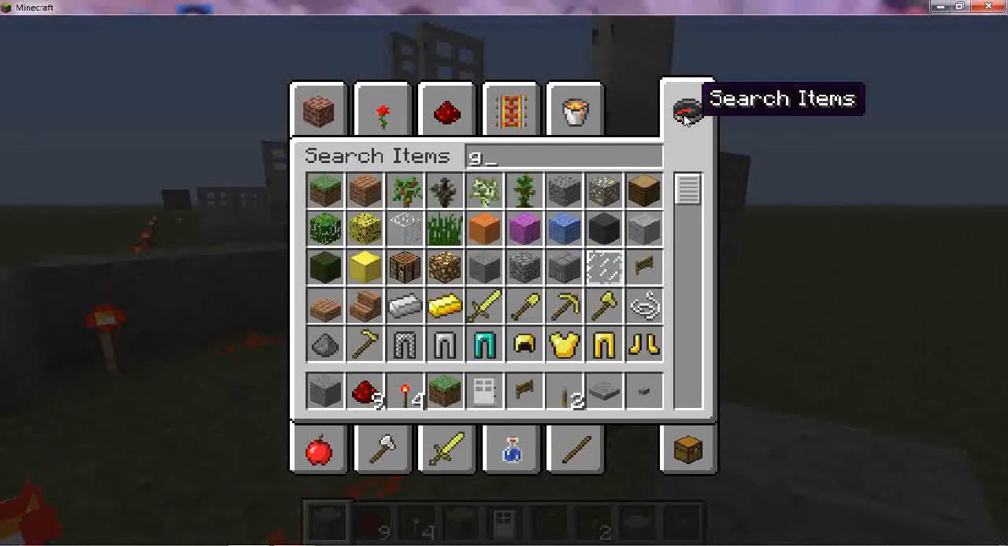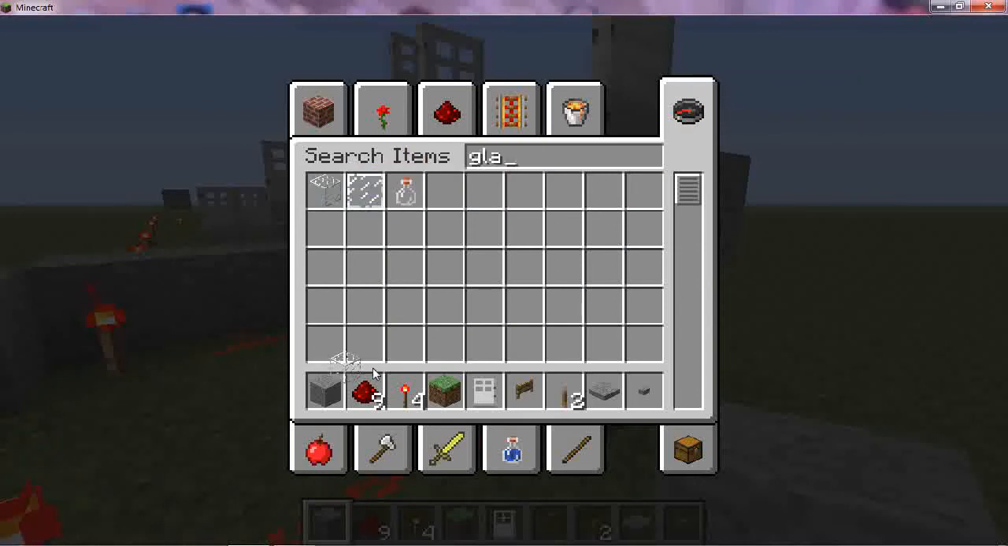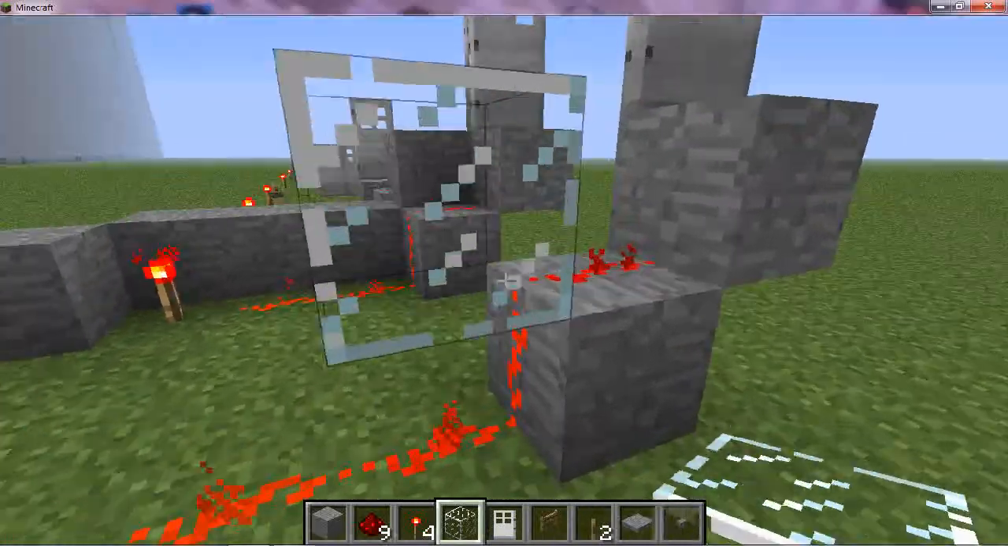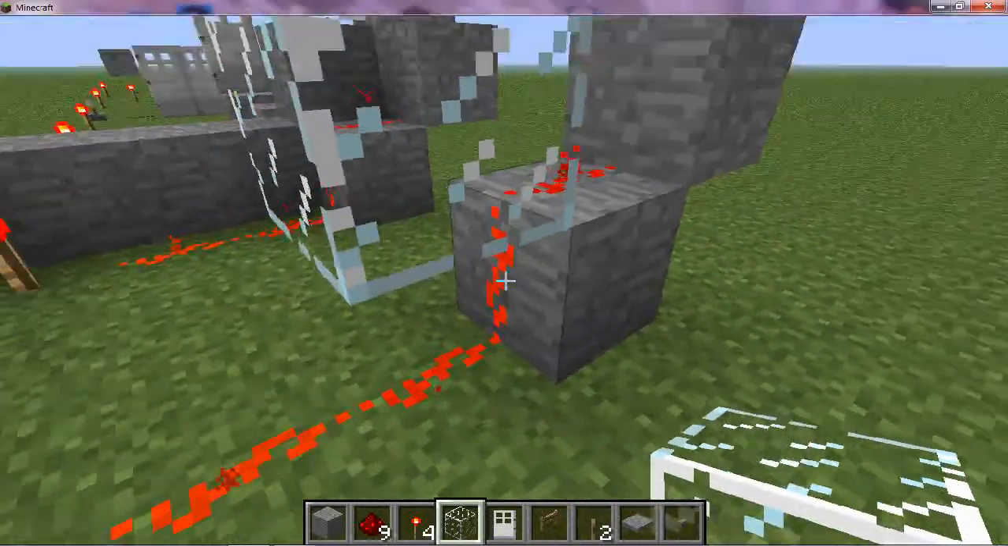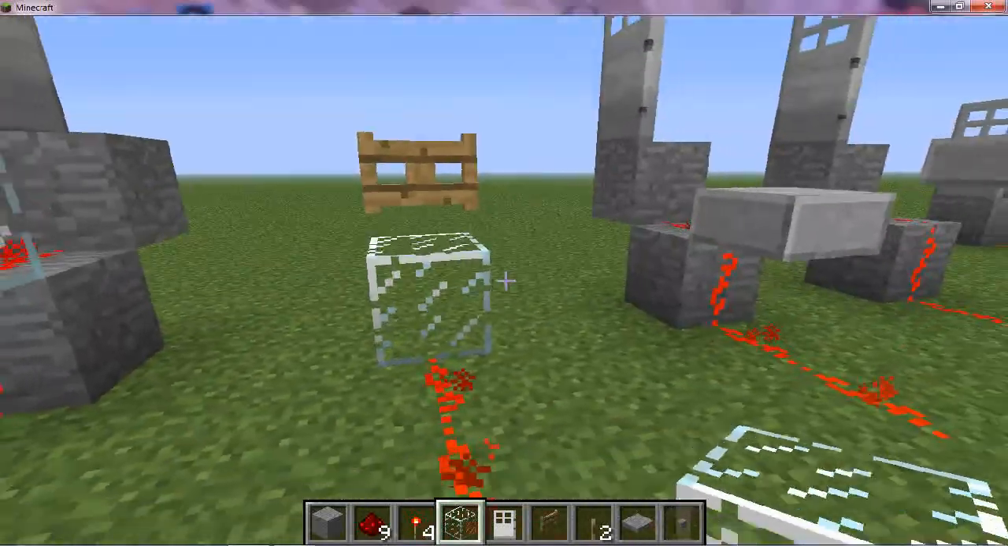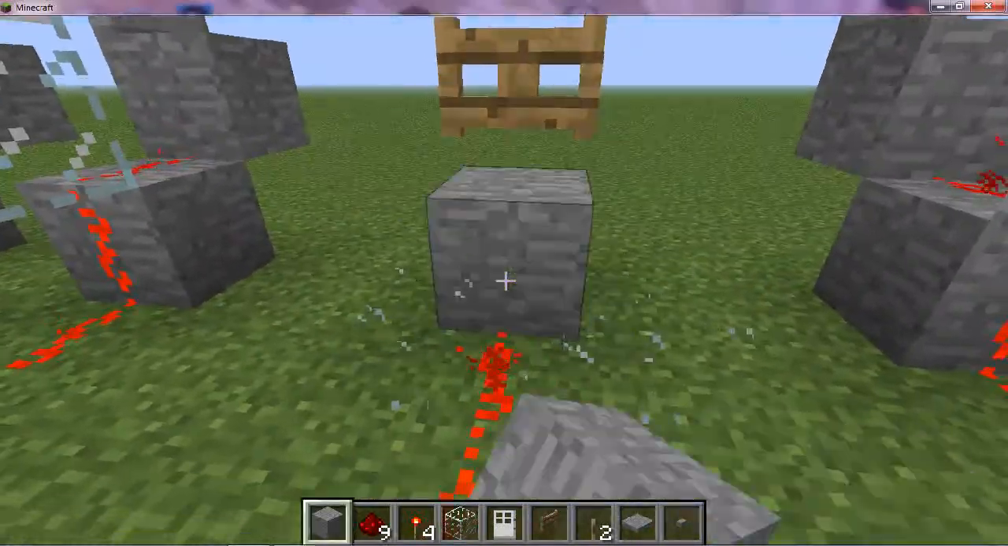Let me just get some glass, because it's not in my inventory anymore. Replace grass, because who needs grass? Alright, so we've got the glass, and you can see the power passes through just fine, because this doesn't affect redstone power. As you can also see, if this were a solid block,